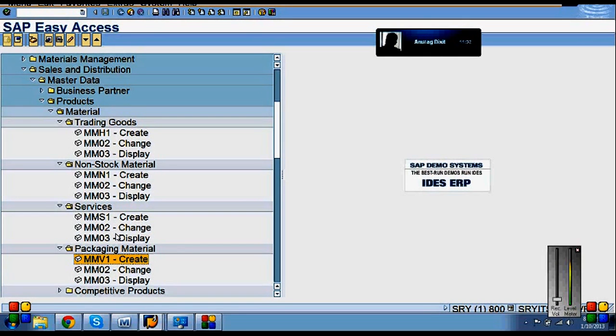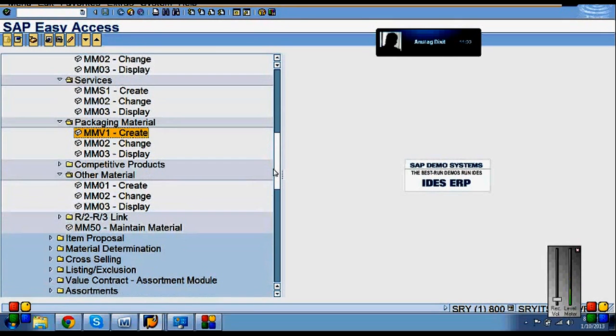Change and display are always common, MM02 and MM03. For all products, change and display T codes will not change. And there is one common T code which is not given to everybody, it is only given to super users. MM01. 01 means I can do anything. So I should not give that T code to everybody.